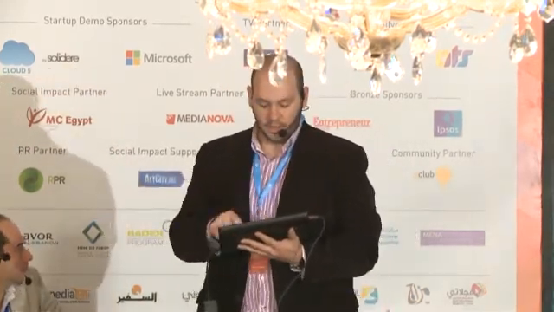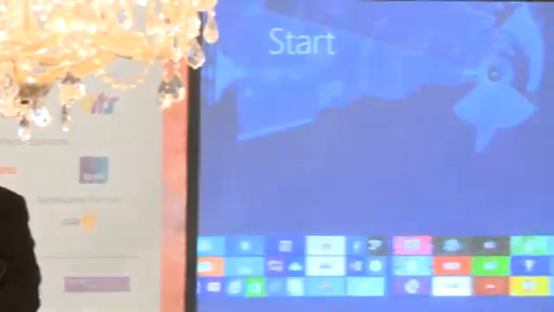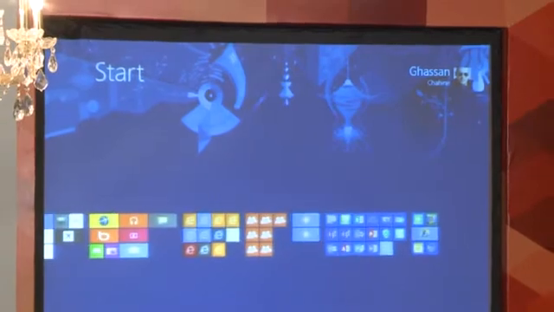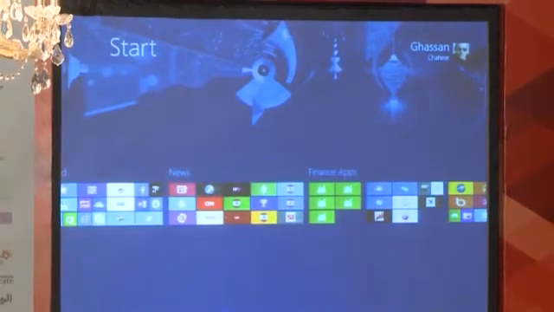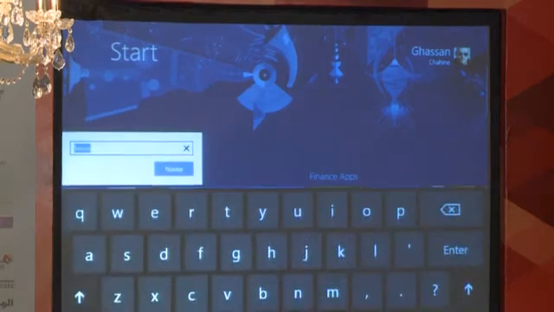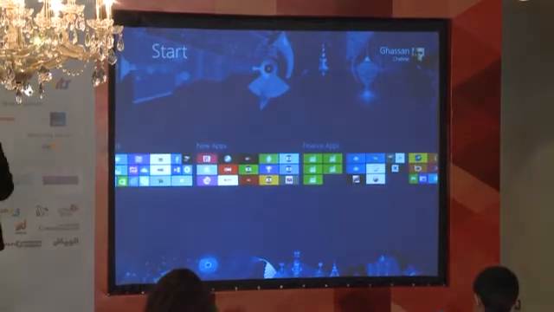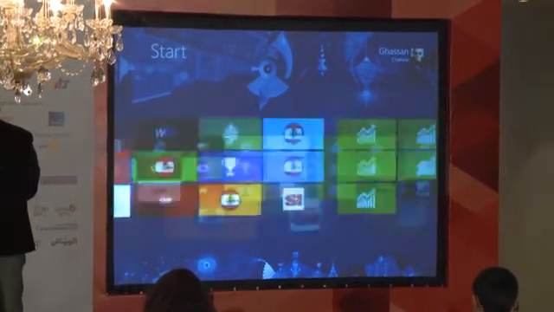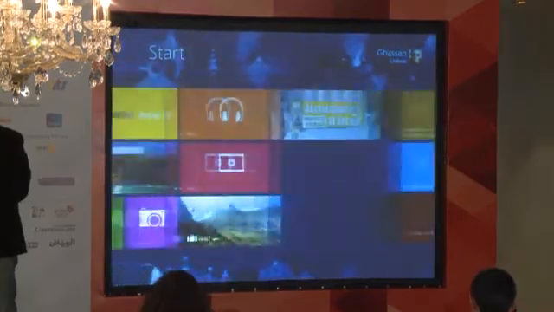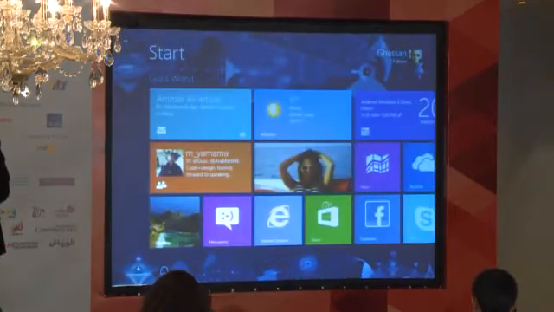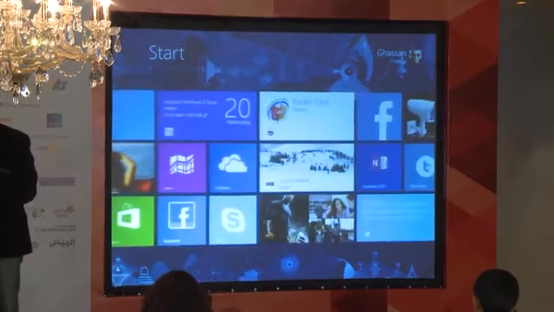This is the start screen where you can see all these live tiles. All the applications are alive and are being updated without going into the application itself. And you can move easily from one application to the other. I have divided my start screen into sections where I can name some of the sections. Let's say this one, I'm gonna call it news apps. I can organize them into categories. Then I can move from one application to the other and always be updated around the latest news available in